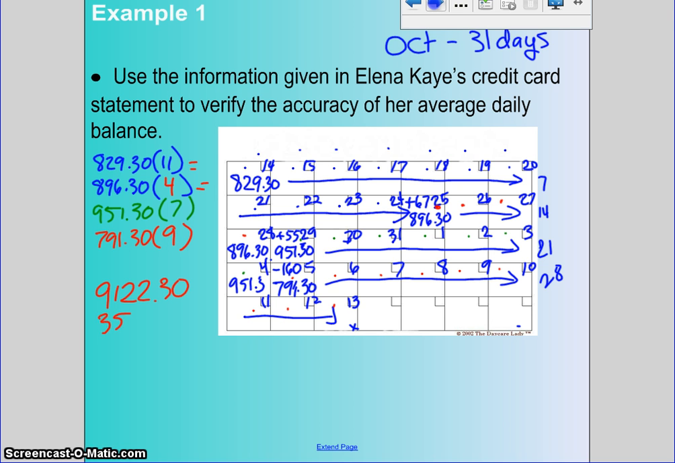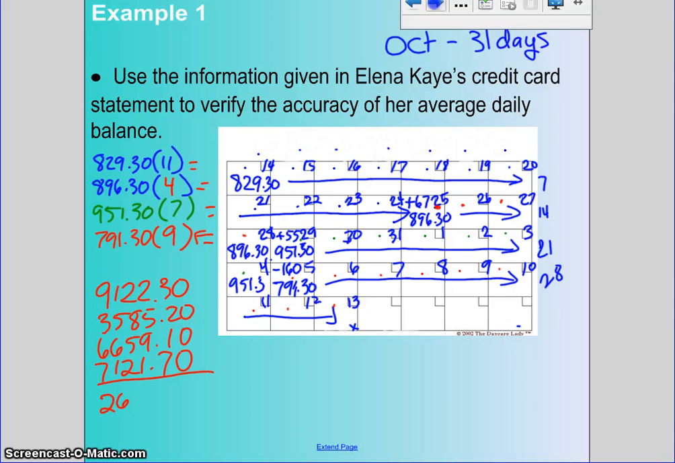I get $3,585.20. I have 7 days at $951.30, which gives me $6,659.10. And finally, I had 9 days at $791.30, which gave me a total of $7,121.70. As I did in the previous lesson, I'm going to go ahead and add all of these together, and